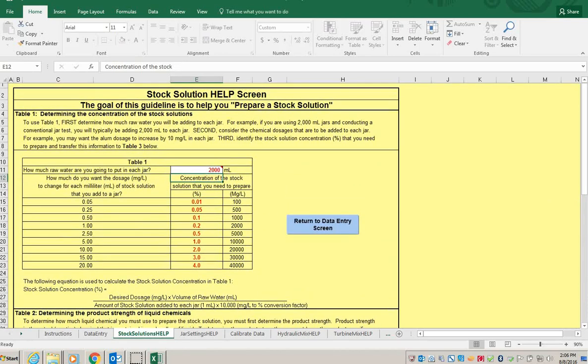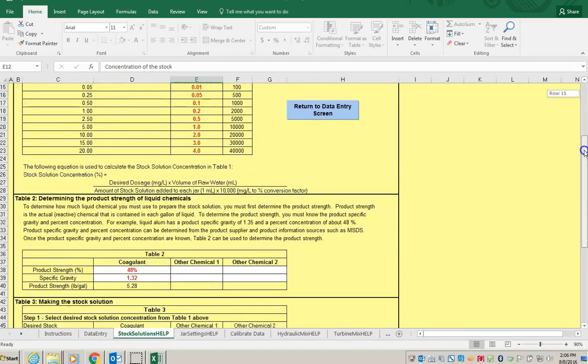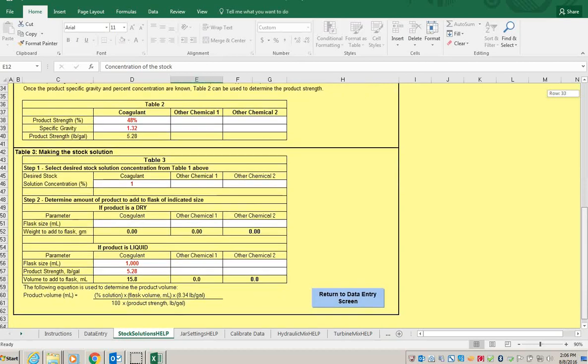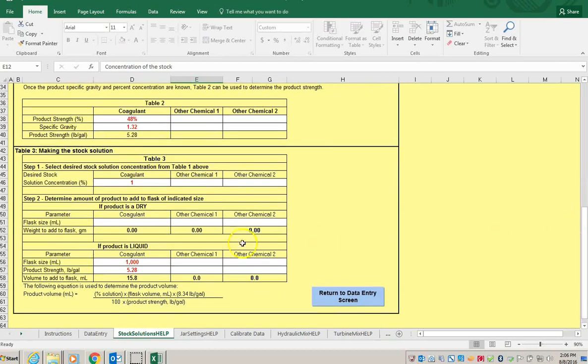It explains how you can mix up your jar test reagents. And so let's just go through one. So here we have a desired stock solution of 1%. The flask size that we're going to mix it in, let's just say it's going to be 1000 milliliters or 1 liter. And note that is in mLs. And then we're going to enter that in, and it changes automatically. So we would use 15.8